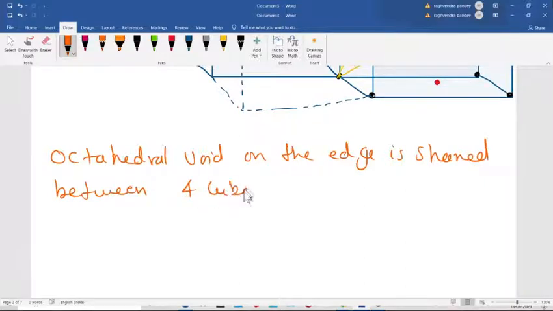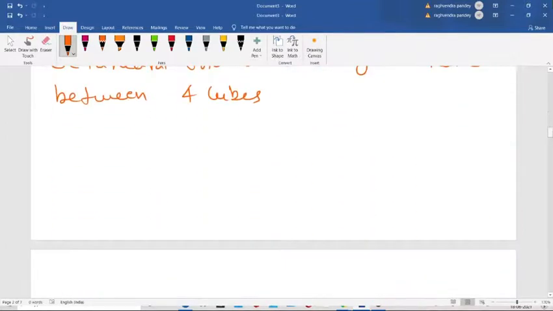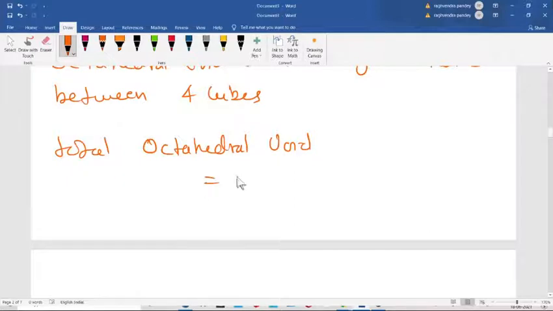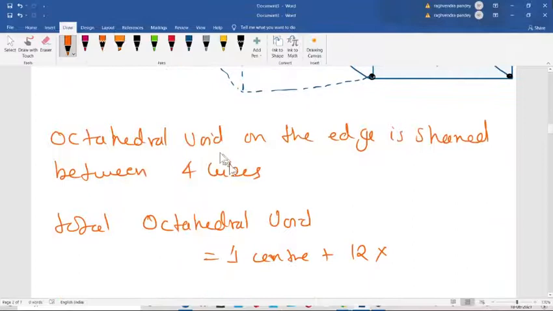Now the total octahedral voids: there is one at the center, plus there are 12 edges in the cube, and each has 1 by 4 contribution inside the cube because it is shared between four cubes.